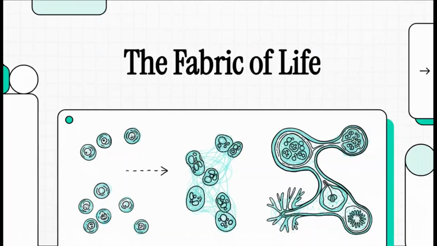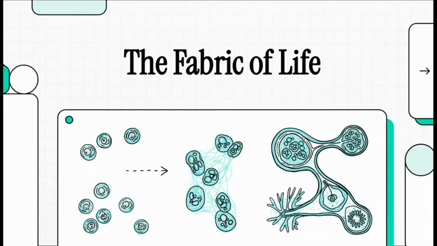Well, the answer is tissues. This is nature's absolutely brilliant solution. Instead of every single cell trying to do everything at once, which would be chaos, right? They form teams. Groups of similar cells get together, they specialize, they take on one specific job, and they get really good at it. This idea is the first, most crucial step to building anything complex.